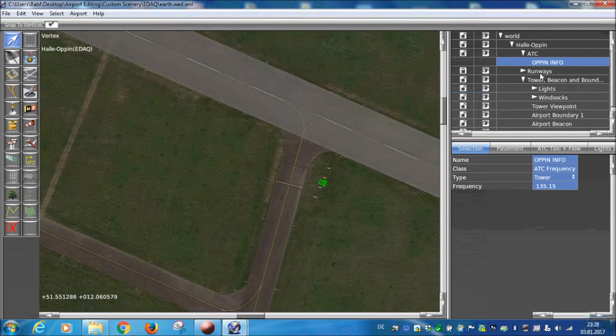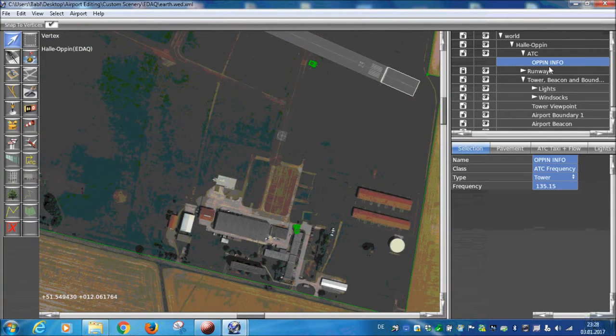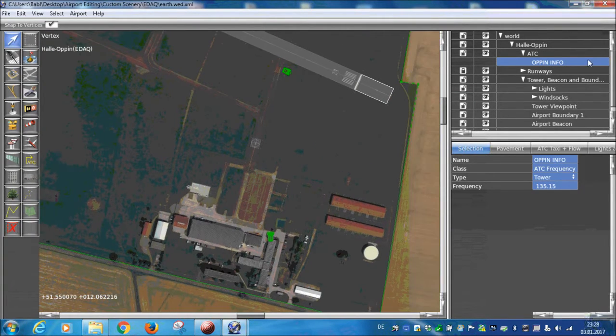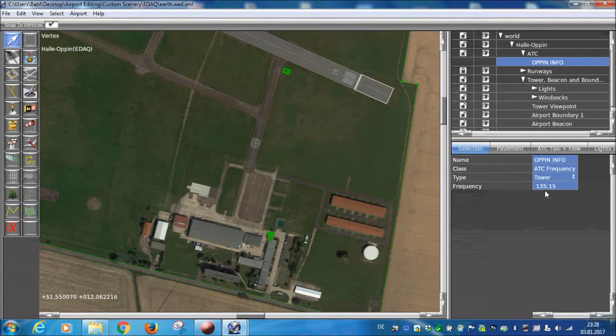In this case, this is indicated as a tower frequency, but I know that open info is not a real tower, but more or less a unicom frequency. So we will change this to CTAF, which is a unicom frequency in Infinite Flight. You can select all the different types of frequencies for the airports. So if you have a larger airport, you can add a tower frequency, a ground frequency, and so on. I will choose CTAF here